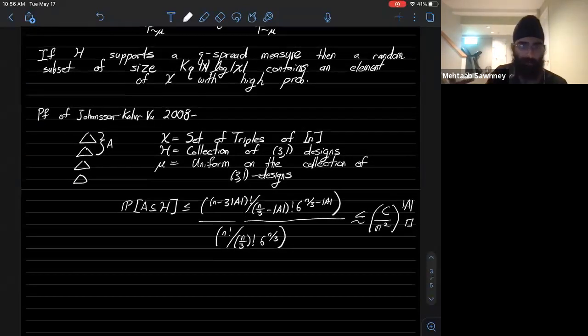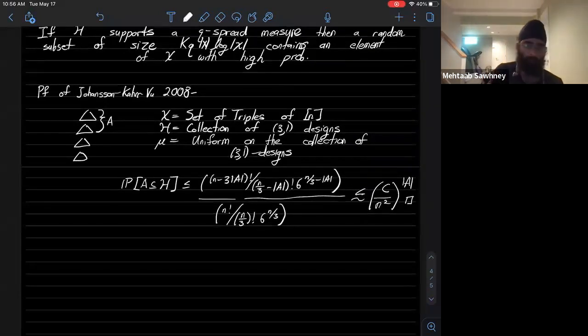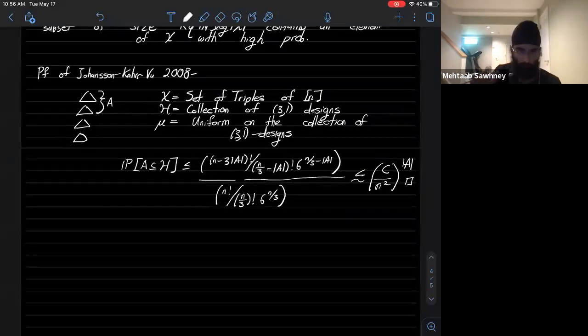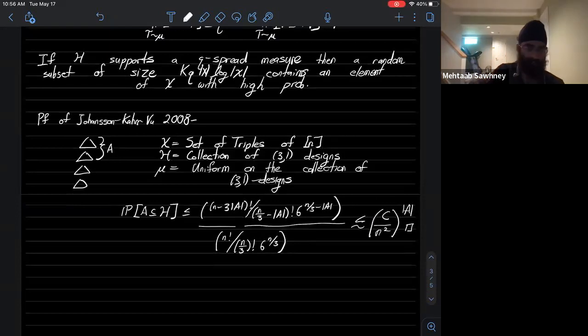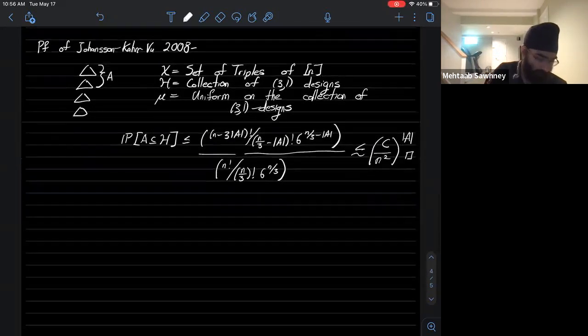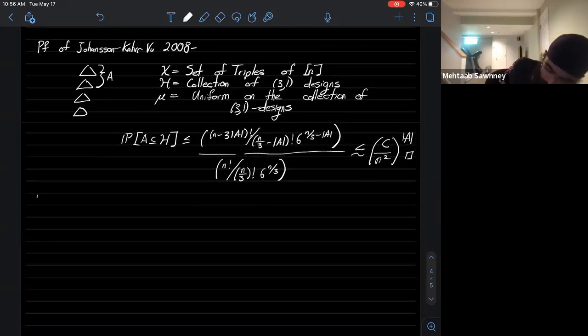I mean, this is somehow almost a one-line calculation given the result. So this is incredible. I mean, the original proof was quite hard and it's a difficult piece of work. This gives a very short proof of the result. And so, the proof of the main result, to be a little bit cheeky, is